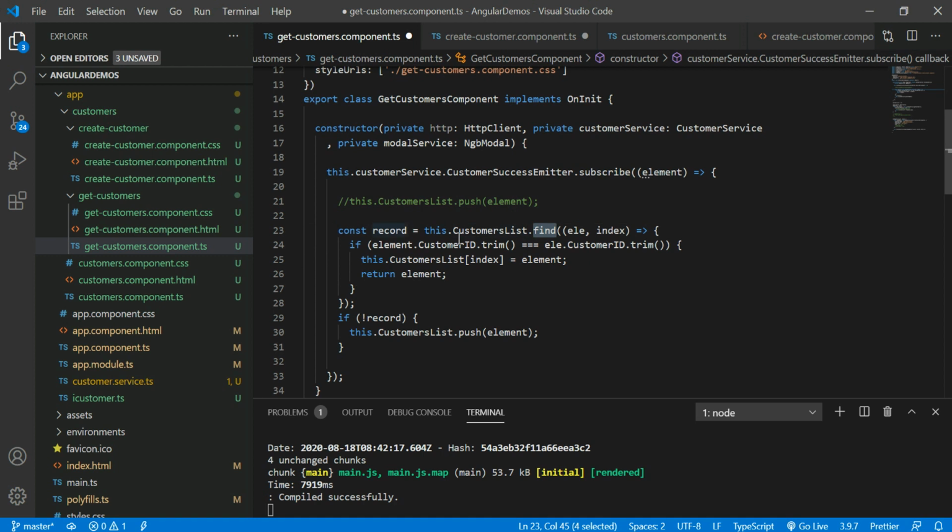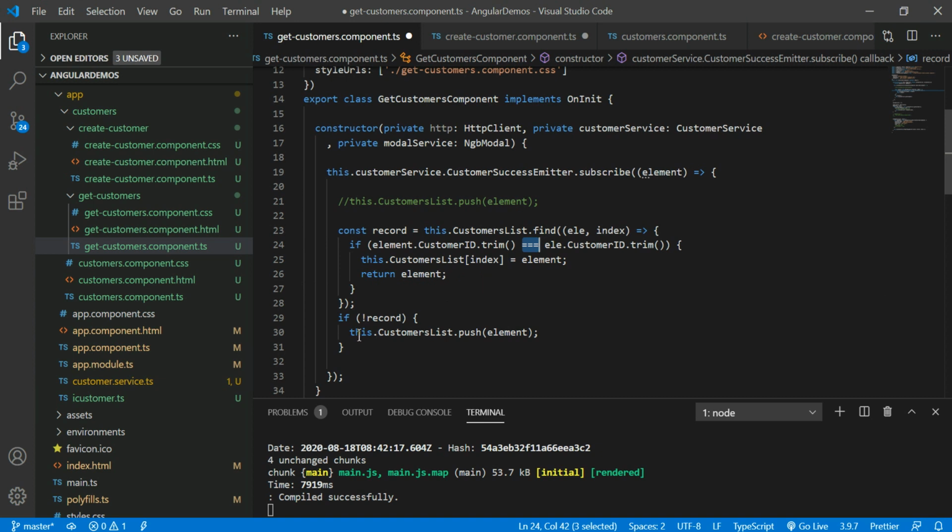So the first step is you need to find the data based on the element customer ID. If customer ID is available, just imagine that is the update method. If customer ID is not available, just think that is a new customer.